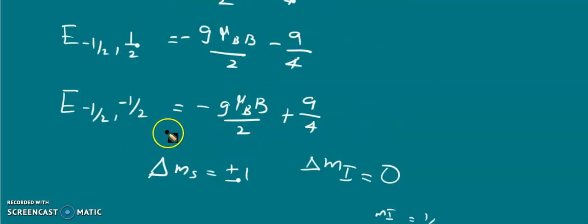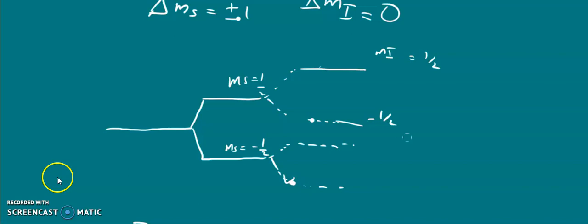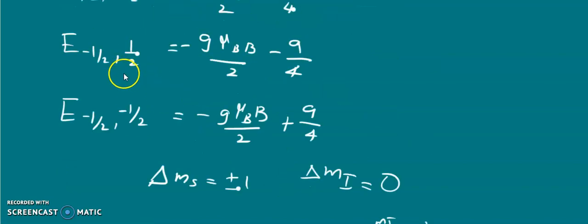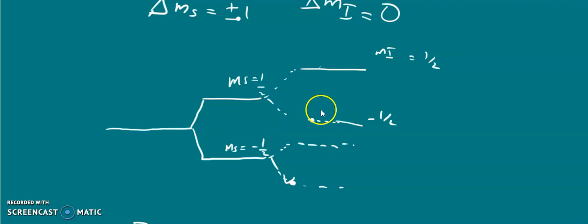When ms is minus half, there are two combinations. Out of this, the greater energy is this, because the first terms are similar and the second term is minus A by 4 and plus A by 4. So for ms equal to minus half, mi minus half has greater energy. So here the upper energy level corresponds to mi equal to minus half